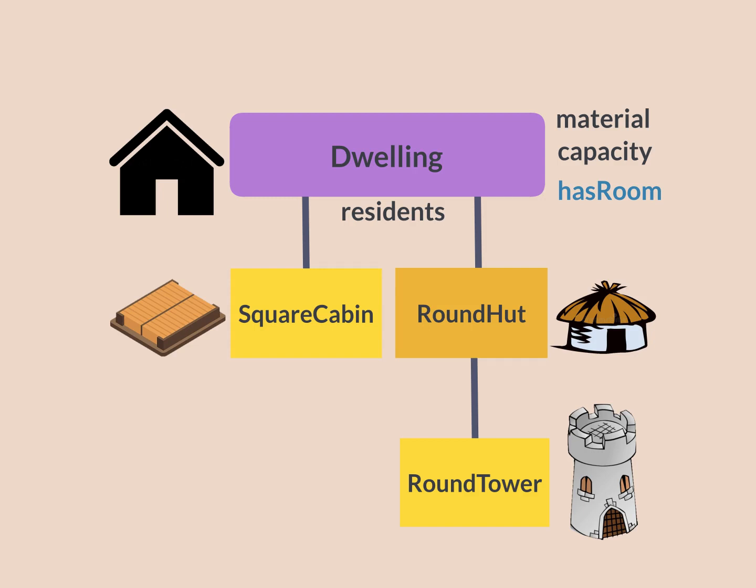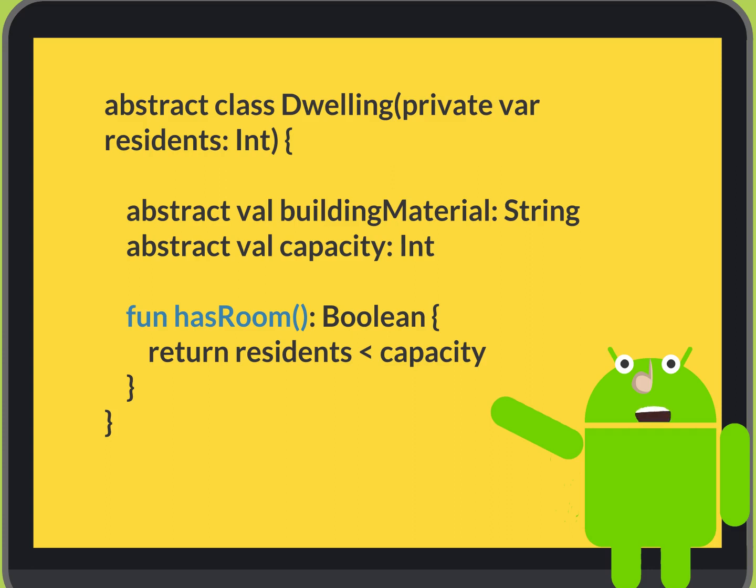2. After defining the housing capacity and the current number of residents, you can create a function hasRoom to determine whether the room can accommodate other guests. You can define and implement the hasRoom function in the dwelling class, because the formula for accommodating other occupants is the same for all dwellings. If the number of residents is less than the capacity, it means that the corresponding dwelling can accommodate other residents. The function should return true or false according to this comparison method.